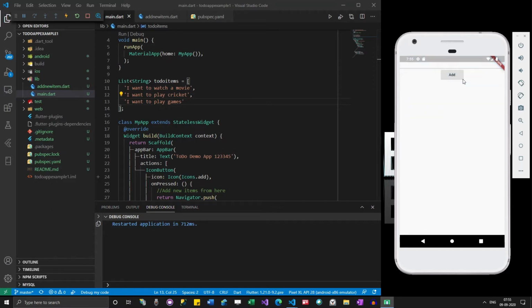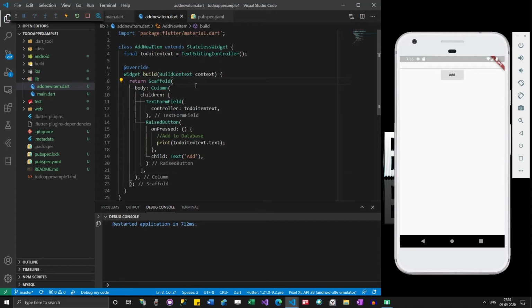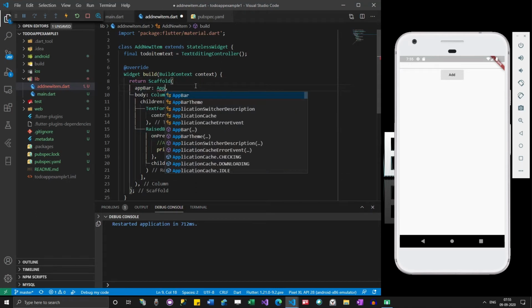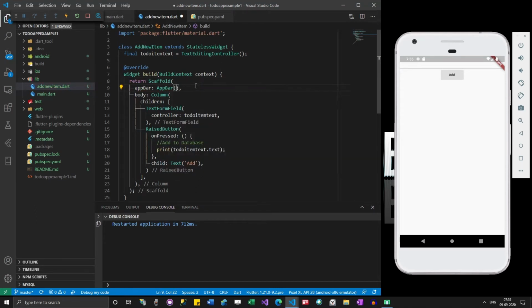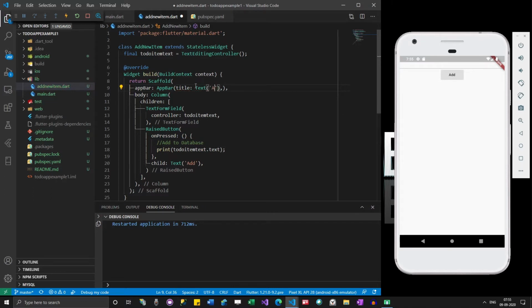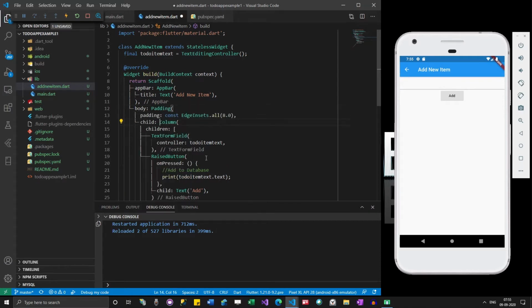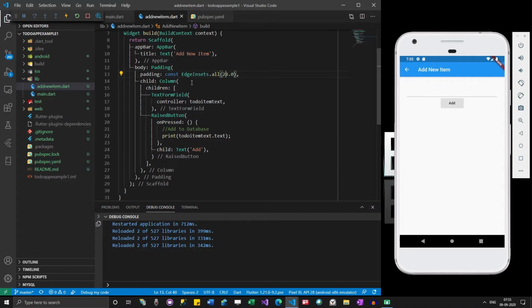Let me add some proper design to this add new item page. Let me add a nav bar. Let me add some padding also here, maybe.